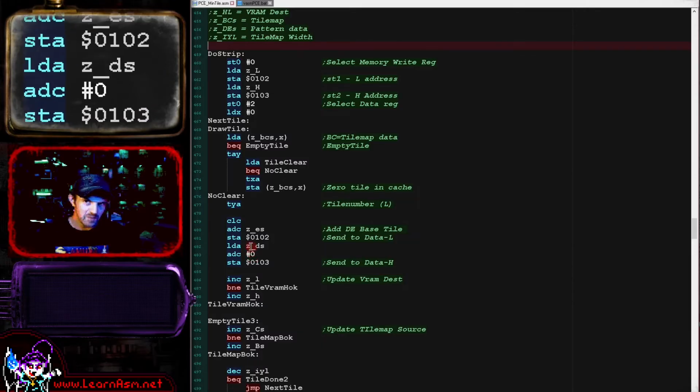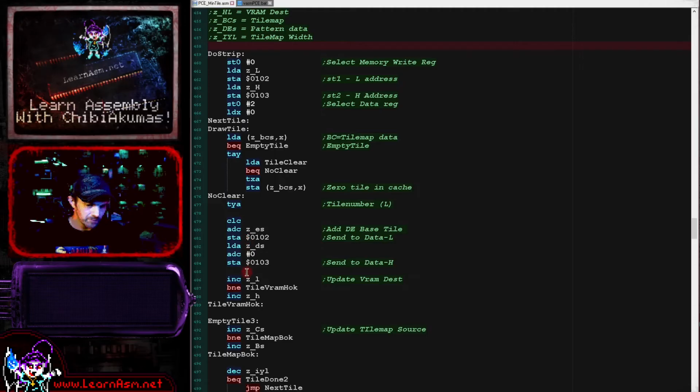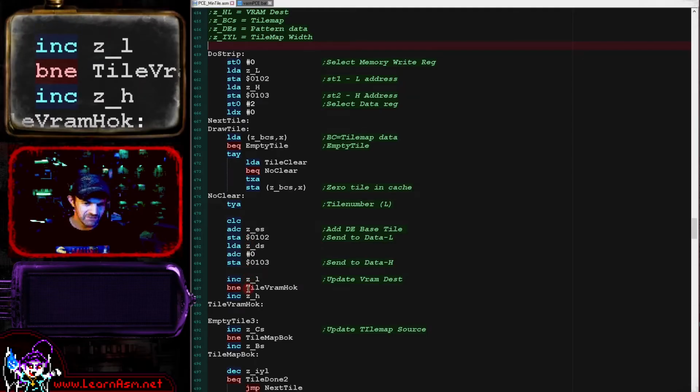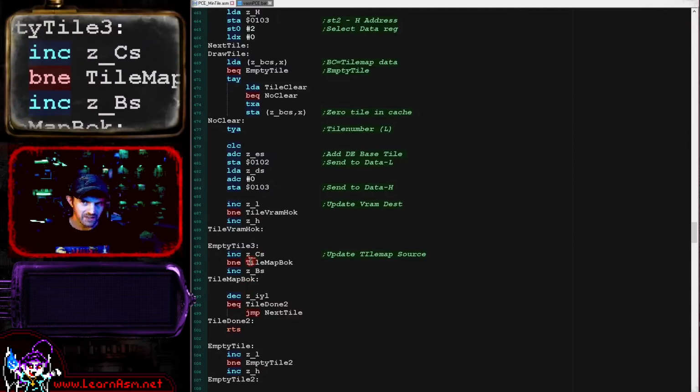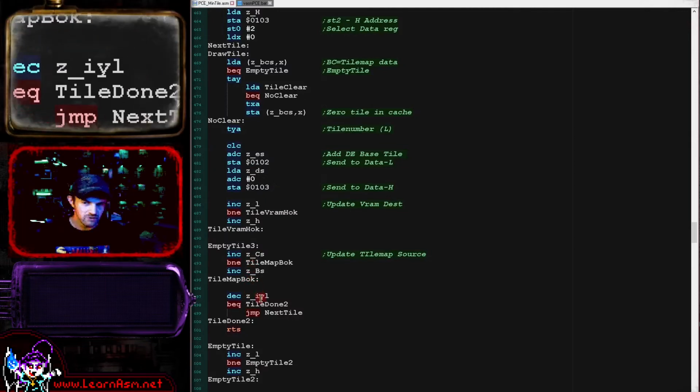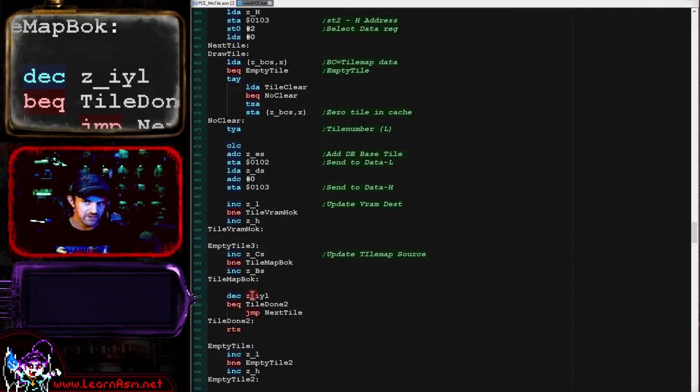This is writing to VRAM now, so this is actually making the tile visible. We're then incrementing the HL VRAM destination, and we're just then going to basically increment the source tile map address, and we're just going to repeat until we've done the entire width of the tile map, which is defined by